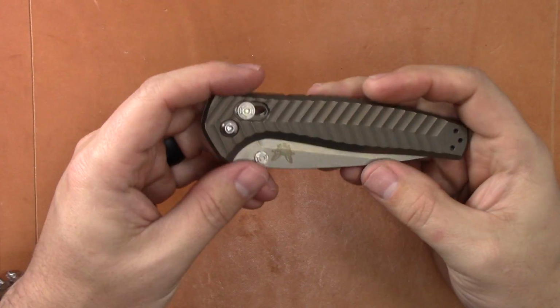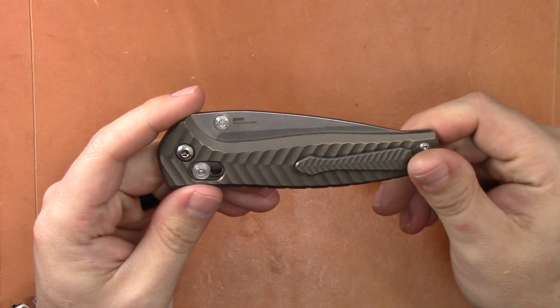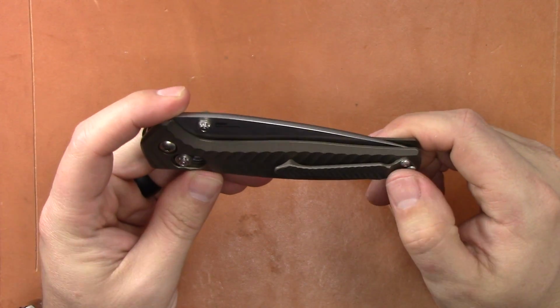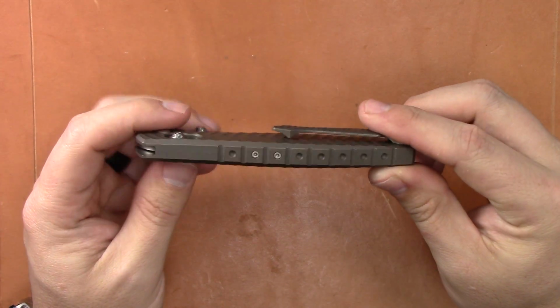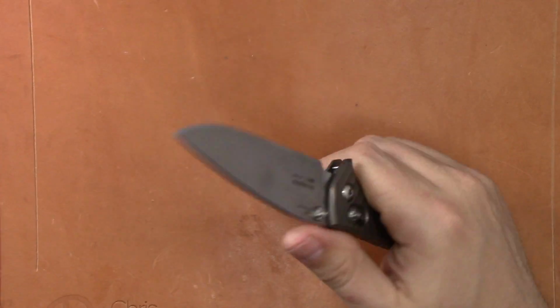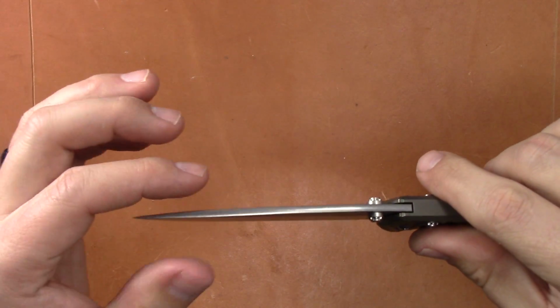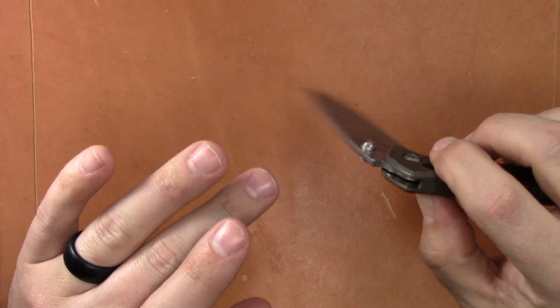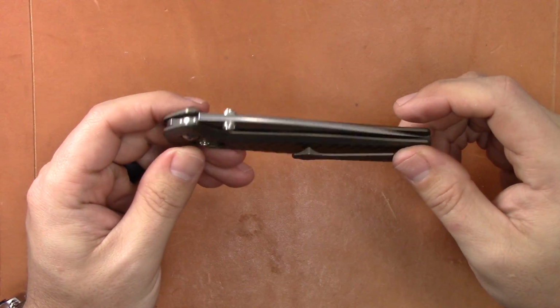So I like everything about this knife. I like the size, the weight, the titanium scales, the bronze finishing. People don't like the clip. I don't mind the clip. It's milled titanium. It's better than some other Benchmade clips. It's slim in the hand. It's not too big. It's got a crown spine, rounded spine like a Sebenza. It's got some great features, and I don't mind